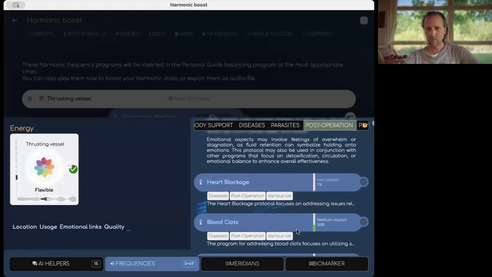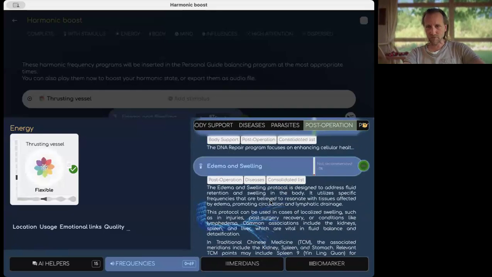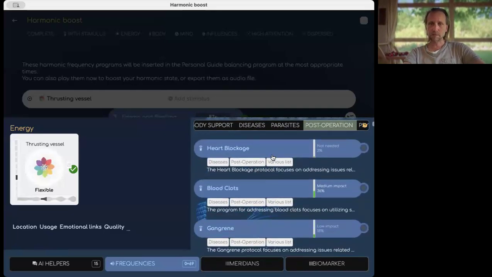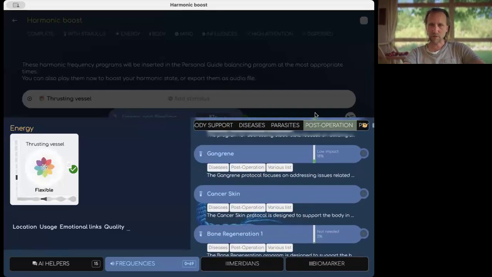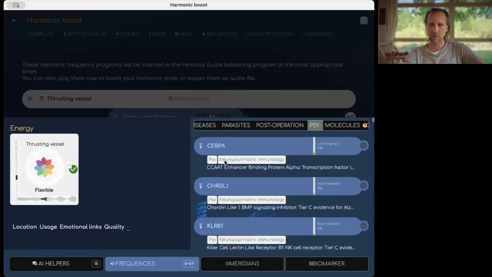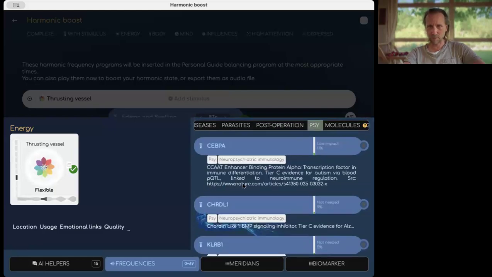So it can be, for instance, consolidated list comes from Rife frequencies. Various come from Rife. But if you go to PSI, for instance, it comes from neuropsychiatric immunology, and you have the reference here. It's from